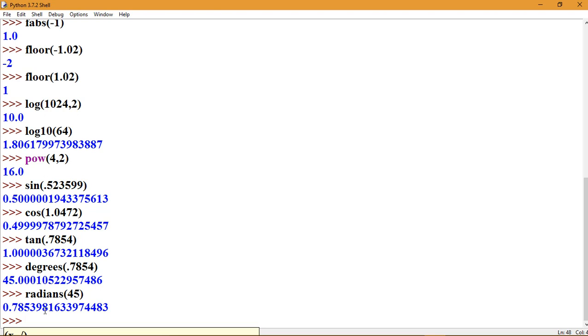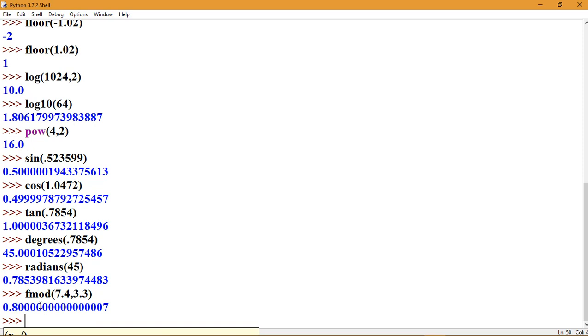Now the next function is the fmod function. For what reason are we using it? The fmod function is basically used to return the division of your floating point numbers. Like if I am saying 7.4 should be divided by 3.3, to divide floating point numbers we need the fmod function. Actually it will give you the remainder. The mod function is giving you the remainder, and f has been added to indicate floating point. So it will be your remainder.